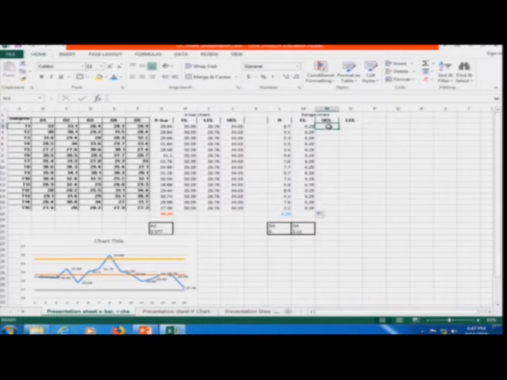Okay. Then upper control limit, I better put lower control limit first. I will put upper control limit here. So, lower control limit is D3, value of D3 is this value 0, this is equal to 0 into the R bar, enter.